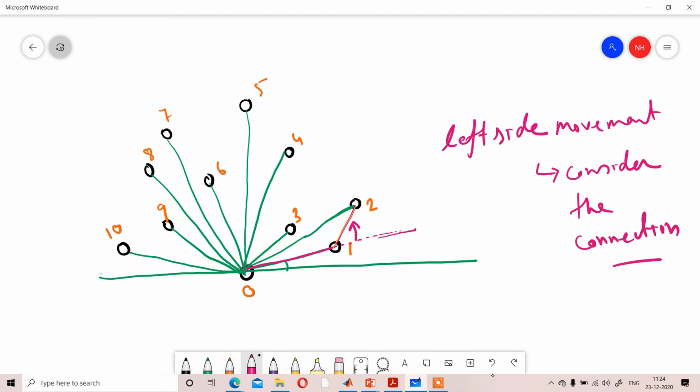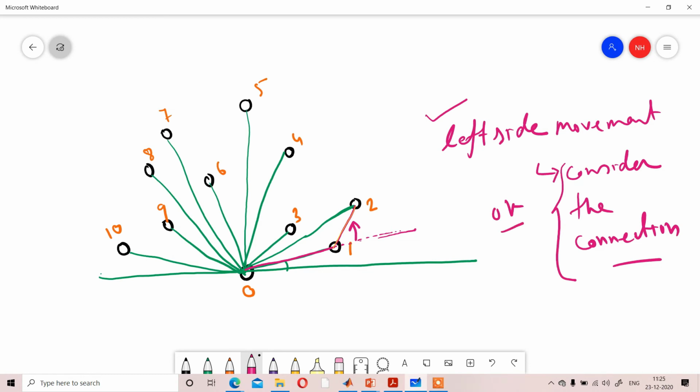See, we have made the numbering and we will connect 0 to 1, 1 to 2, 2 to 3, 3 to 4, 4 to 5, 5 to 6, 6 to 7 like that, and we will check wherever we are connecting one pixel to other, the movement is happening to the left side or to the right side. If the movement is happening to the left side, the previous connection of that movement is okay.